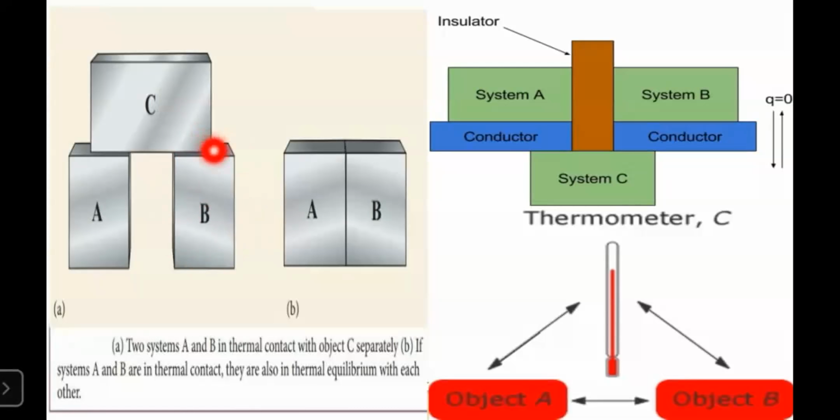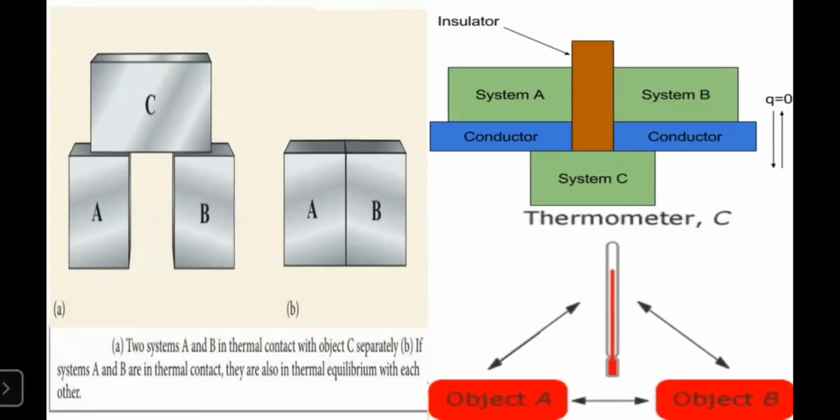There is no change in the temperature of the thermometer after putting it in bowl B. That means initially C is in thermal equilibrium with A and C is in thermal equilibrium with B. We can say both A and B are in thermal equilibrium. That means both A and B are at the same temperature. You can deduce the conclusion here. Whenever there is equilibrium within three bodies, you can relate that the thermometer is in equilibrium with one body and also in equilibrium with another body, so both A and B are in thermal equilibrium. That means both A and B are at the same temperature. Now got it?